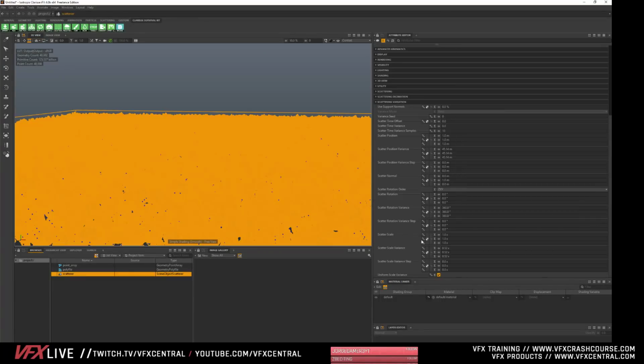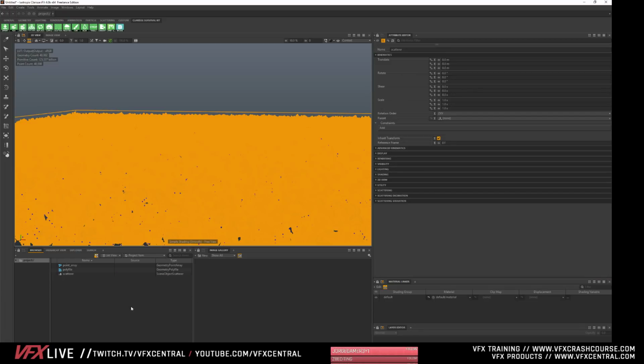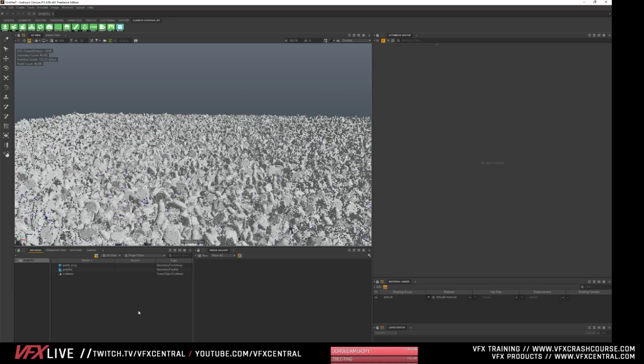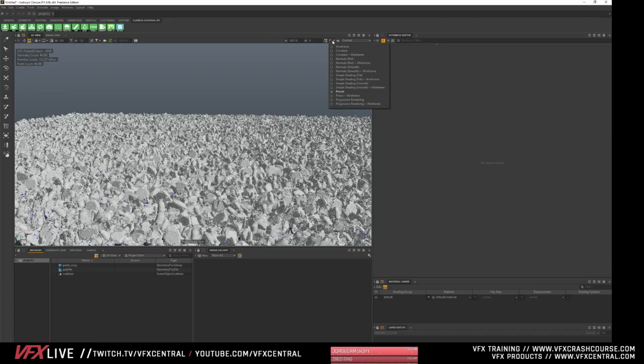And now let's start adding in some other things in here. There's other things you can do in scatter. I know you can do like material variances or things like that. I haven't gotten that deep into it, but I'm going to just show you guys what I know for now. So right now we're looking at this in simple shaded, and you can also look at the wireframe simple shaded mode. There's also previs. So this is good when you're starting to texture and do fun things like that. Then there's also progressive rendering mode.